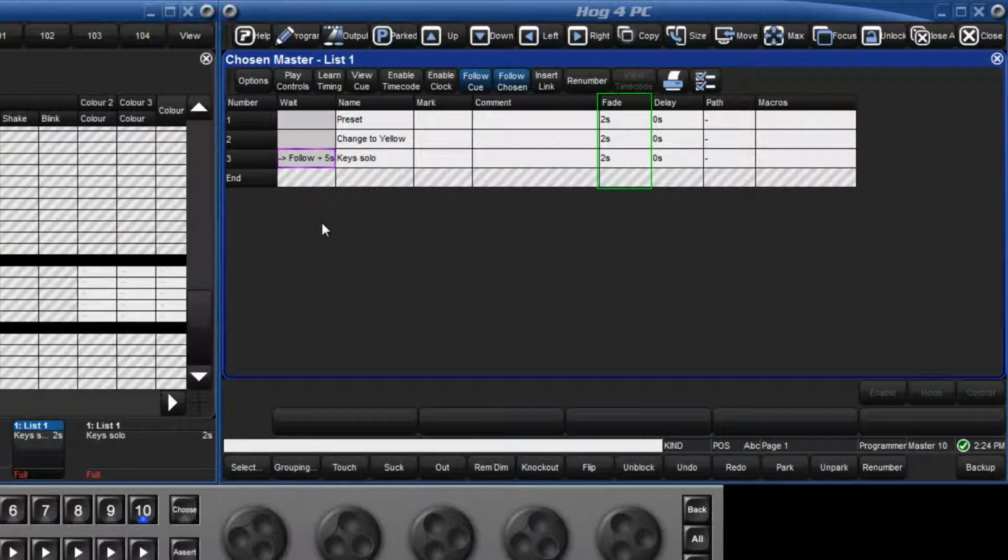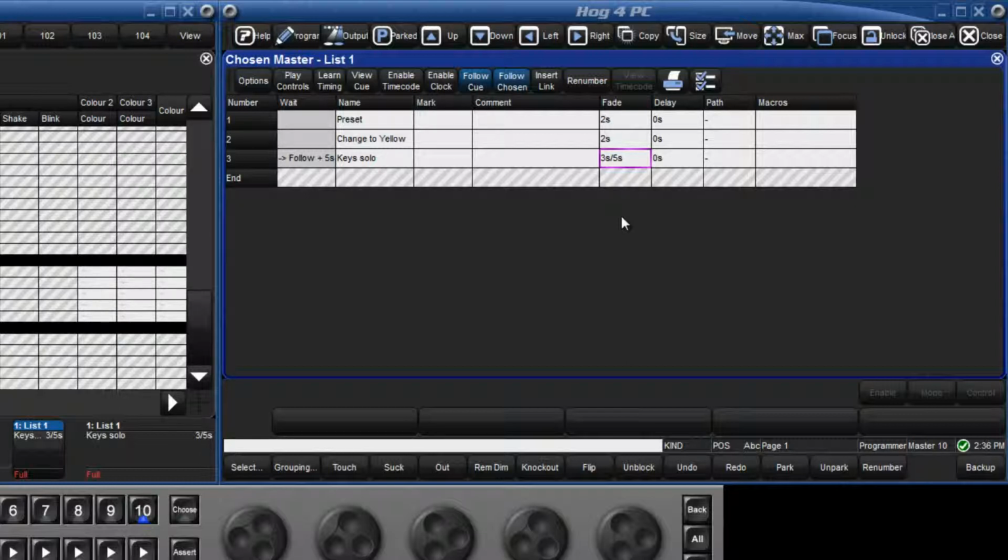The fade time is the time taken for the parameters to change from the value in the previous cue to the value in the current cue. A single fade time can be given, or it can be split into fade in and fade out times by separating the values with the slash key. For example, if I changed the fade time in Q3 to be 3/5, then all parameters associated with the fixtures increasing in intensity will change over 3 seconds, and all parameters associated with fixtures decreasing in intensity will change over